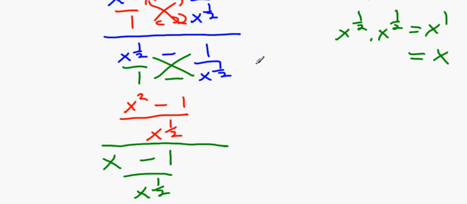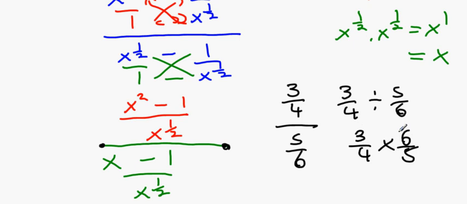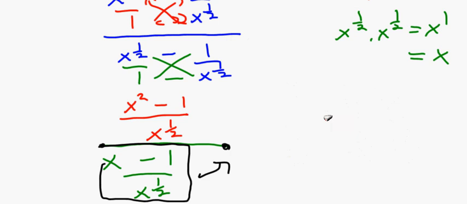Now remember what happens. We have one fraction divided by another fraction. So remember what happened if you have 3/4 divided by 5/6. Once again, takes us back to that question we had earlier. What we do is we bring the 5/6 up and turn it upside down and multiply it. So we're going to multiply with 6 over 5 to get 18 over 20. Bring this fraction here up to the top and turn it upside down. Same deal. Okay, so what we should get is x squared minus 1 over x to the power of a half,